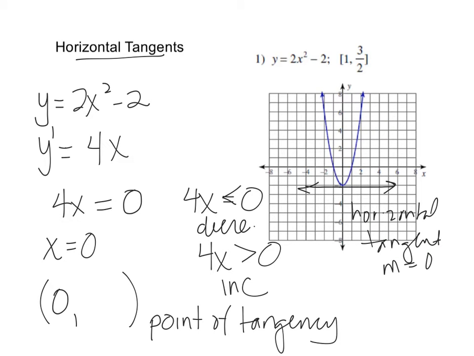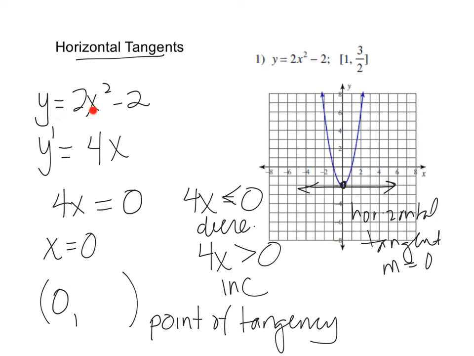right? So we need to know where that is. Well, we're looking for that point right there. Now we have a graph, so we can look at it. We know it's going to be negative 2. But since we might not always have a graph, we don't want to have to graph it, then I would just put the